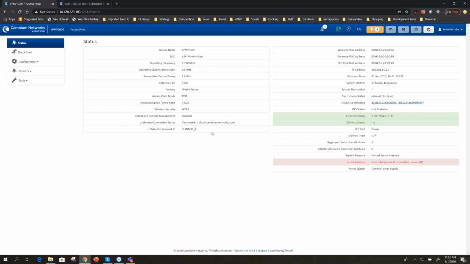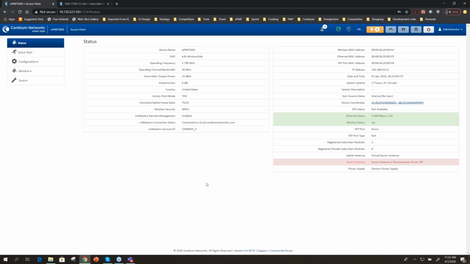What you're seeing in the user interface right here, or the product that I'm logged into, is an ePMP 3000. Just wanted to show a couple of quick things that you can think about. First and foremost, very, very important that everybody running their network move to the 4.4.3 release. Very soon there will be a 4.5 official release, which has been soaking in beta and testing for a long time. And it has some performance improvements, introduction of ePTP mode, etc.